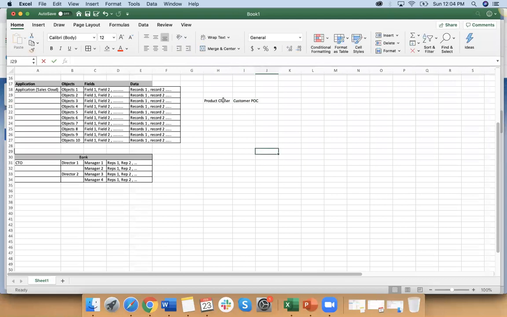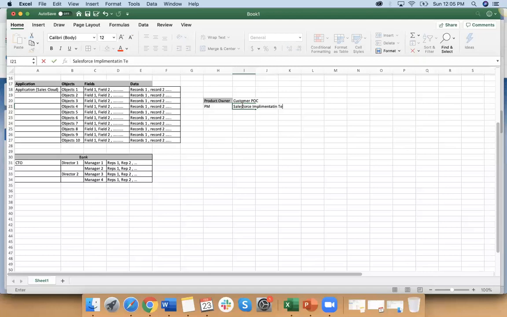POC is point of contact, right? So the customer point of contact is the product owner. It could be anybody. He could be a rep, a manager, a director, or a CTO. Somebody who knows what to build in Salesforce and can answer whatever questions you have. And then the PM will be from the Salesforce